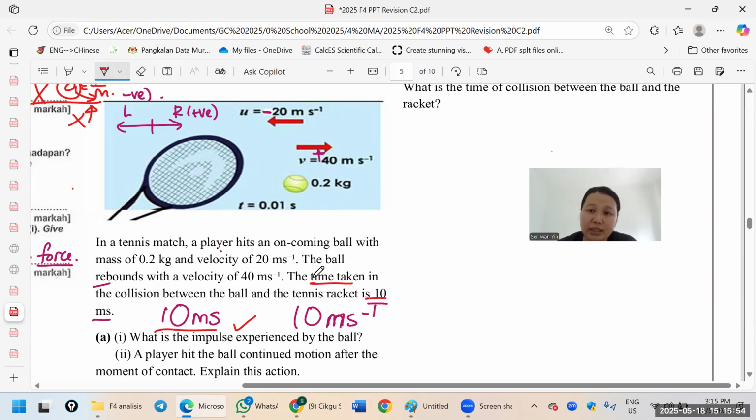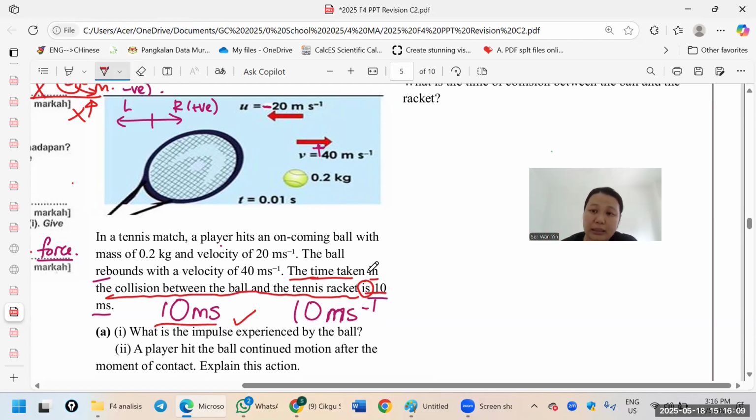So see, the physics sentence is always like that. The time taken is... you can get the idea how to read the physics question. They start with the time taken, then they distract you in the center for very long, and finally tell you it equals to. So it's supposed to be read in this way. Okay, so